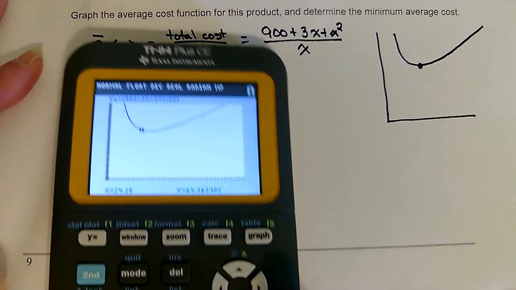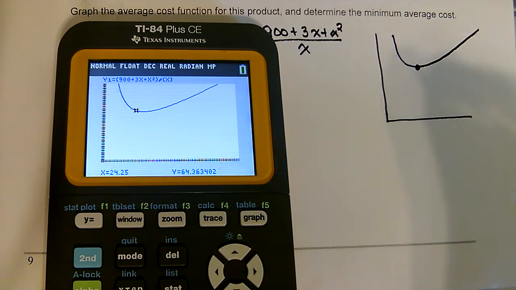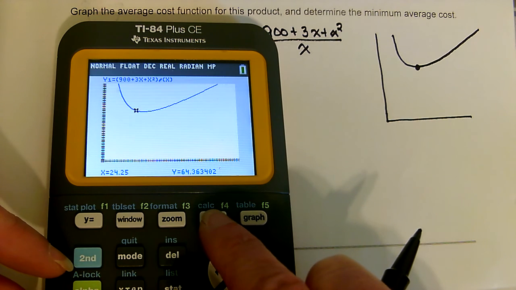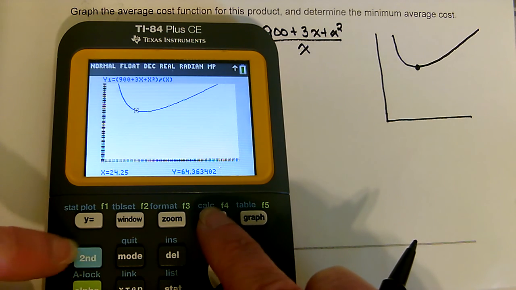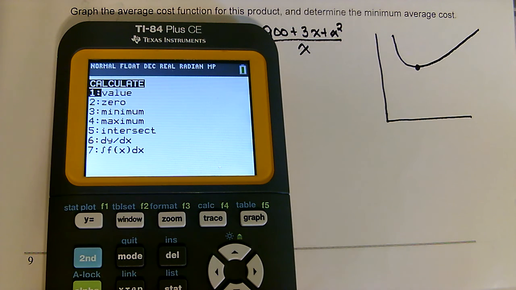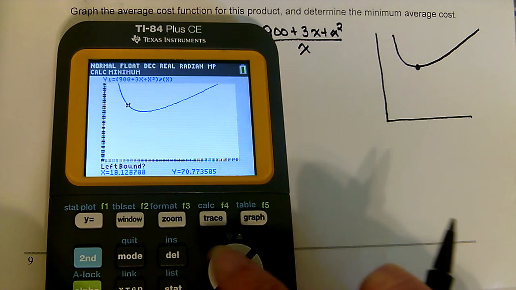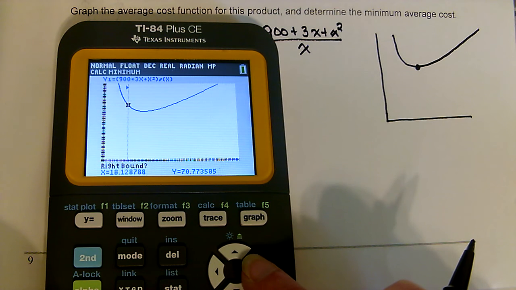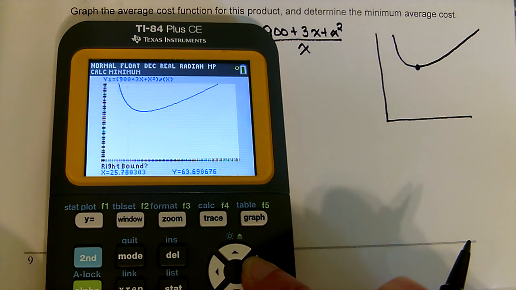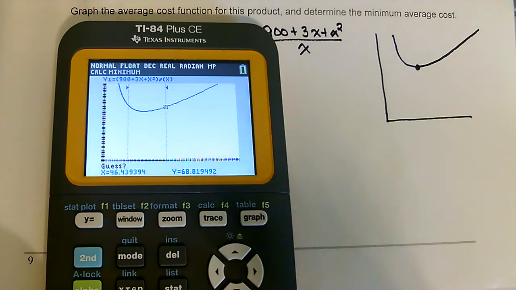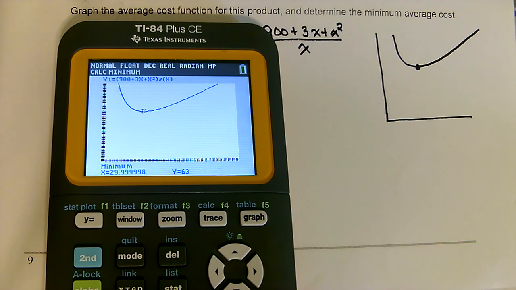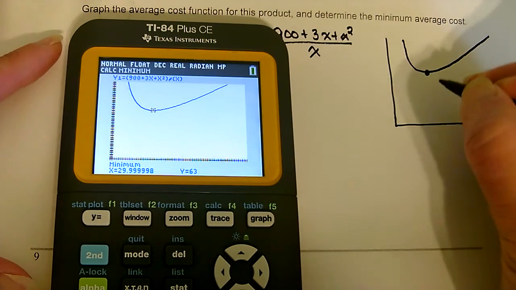But on a graphing calculator, there's actually a way to do it really easily, and it's under calculate. C-A-L-C. So I'm going to press second and then the trace button to get to the calculate menu. And there's an option that says minimum. Left bound means you want to be really to the left of where you think it is. Press enter. Right bound means go to the right of it. What we're doing is narrowing down the calculator to find that point. So we're saying look between these two lines. And you press enter, and it says the minimum is at 29.9999999. That's basically 30,